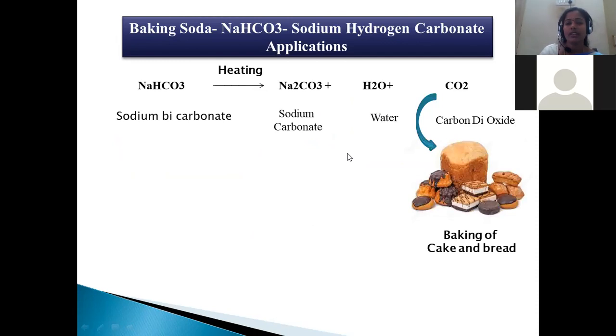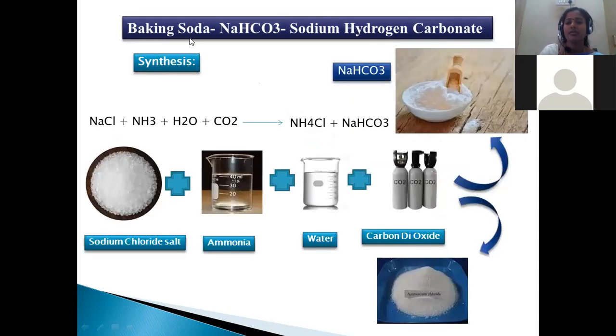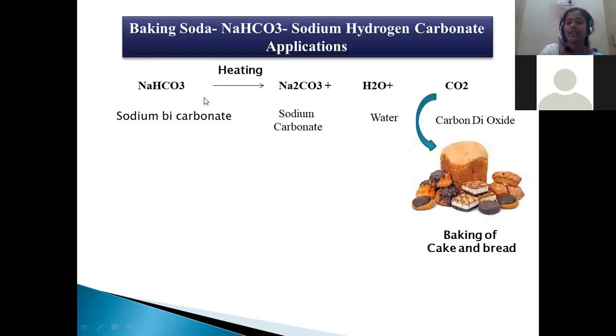Let us recall all the things given under baking soda. Baking soda is sodium hydrogen carbonate. It is chemically known as NaHCO3. It is an amorphous substance, a powdery compound. It is made up of sodium chloride, ammonia, water, and carbon dioxide. Whenever all these four components are mixed in the equimolar ratio, there is a formation of sodium hydrogen carbonate, and one more compound, ammonium chloride, right?